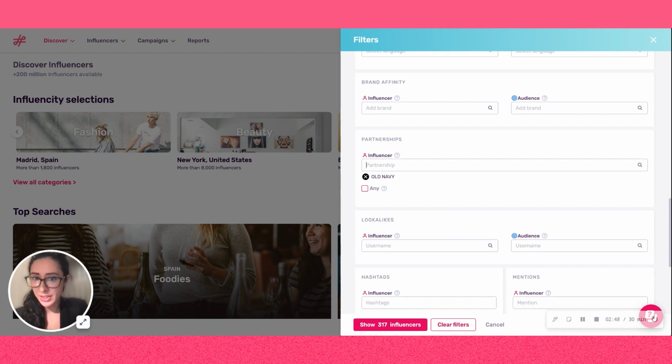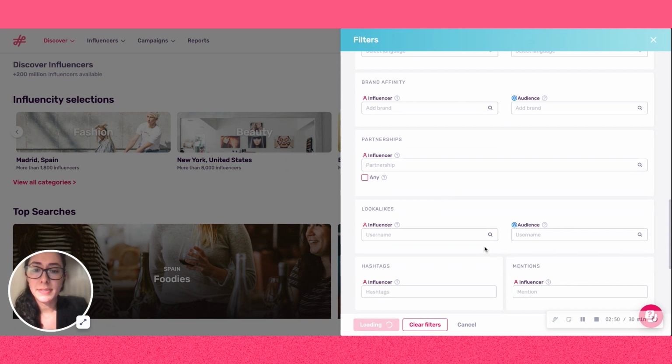A final way that you can use this filter is if you want to avoid certain types of profiles. For example, if you're a family brand, it's a good idea to avoid influencers who have done paid collaborations with tobacco or alcohol brands, right? Just because it doesn't really align with your key values. What I could do is I could run a